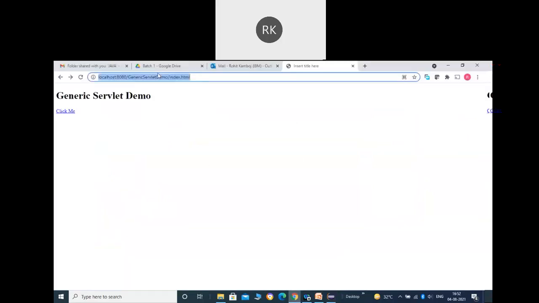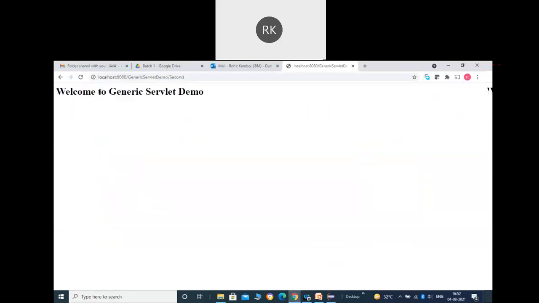Now let's try to run it again. Run as, sorry, I have run the demo.java directly. I have to run the index.html first.